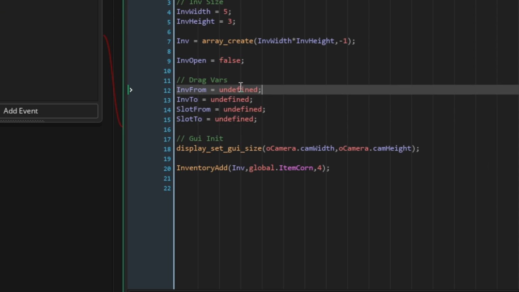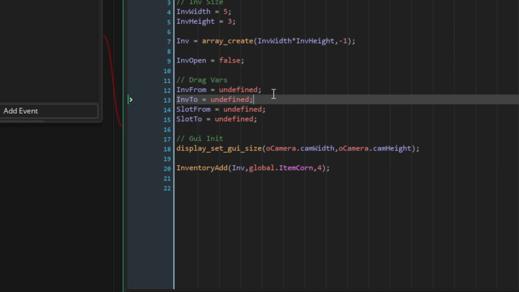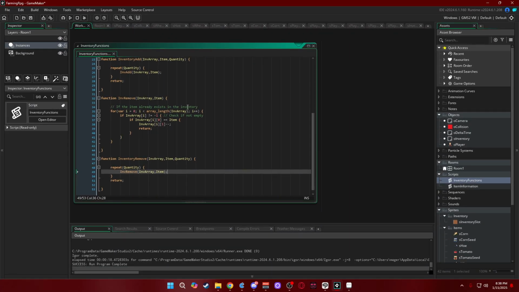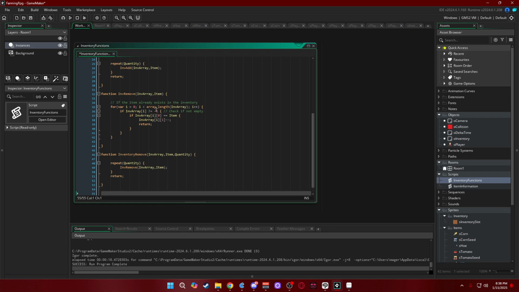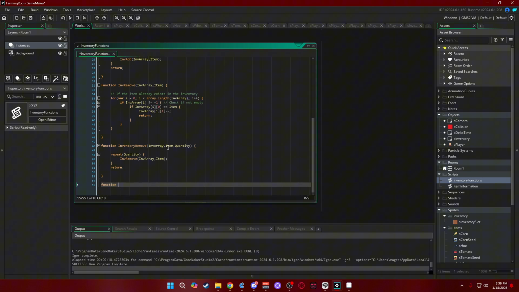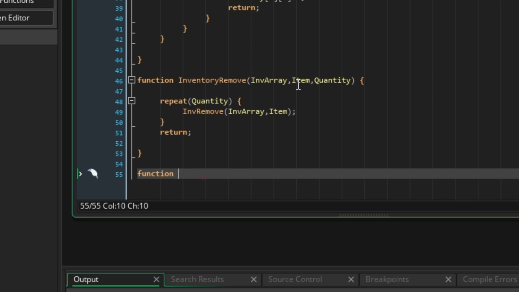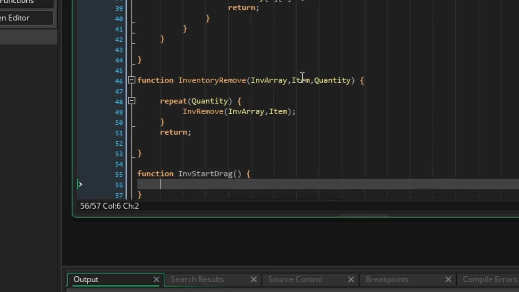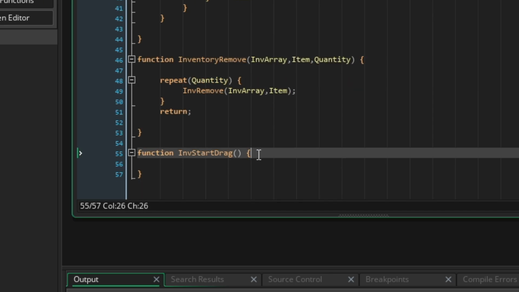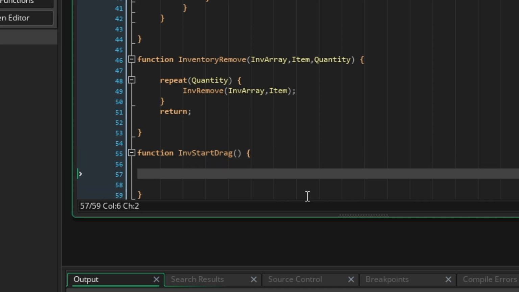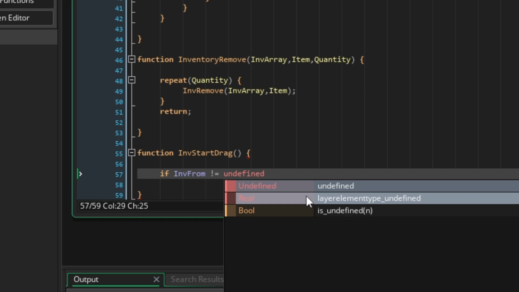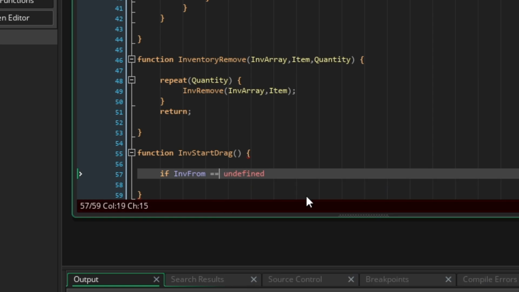And we are now going to make a way to drag. So we're going to do a function in the inventory function script. We're going to go down to the bottom, and we're going to do function inventory start drag. And what this is going to do is initialize or start the drag. So we're going to do if inv from is not, sorry, if it is equal to undefined,